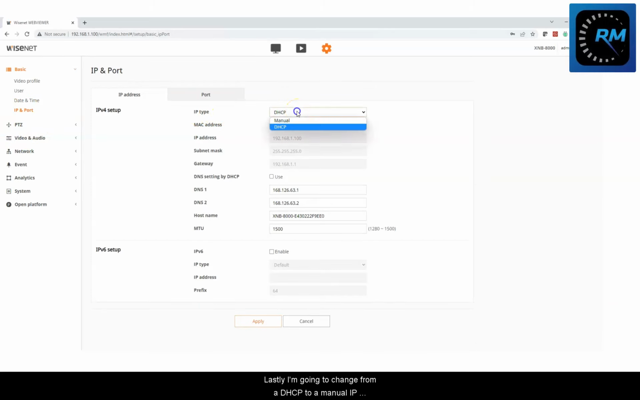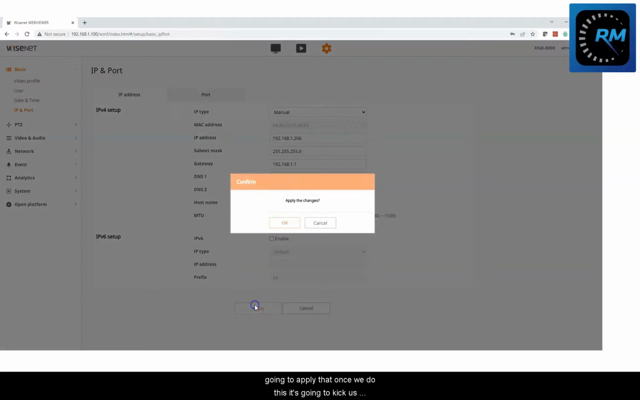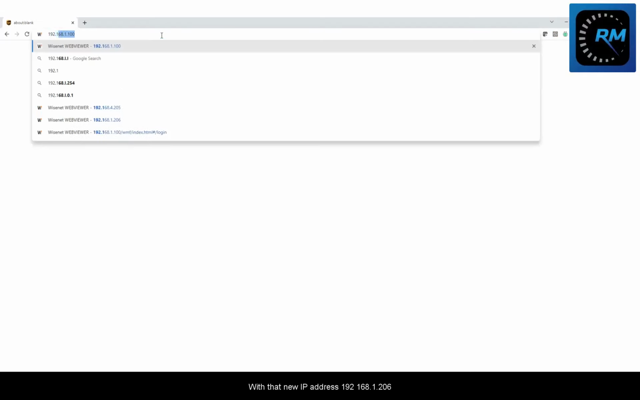Lastly, I'm going to change from a DHCP to a manual IP address, and this camera I'm going to set up as 206. I'm going to apply that. Once we do this, it's going to kick us out of the WiseNet interface, and we'll have to re-log in with that new IP address,